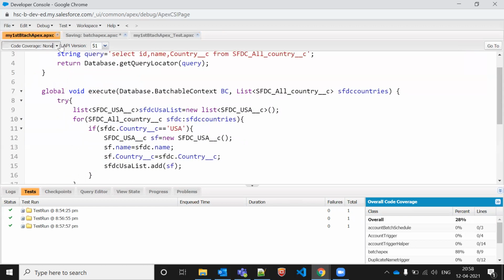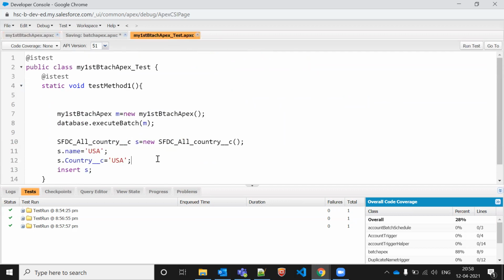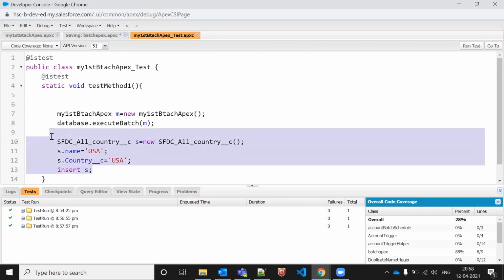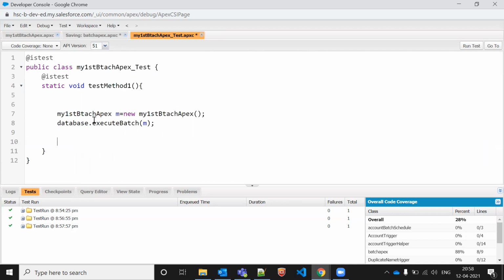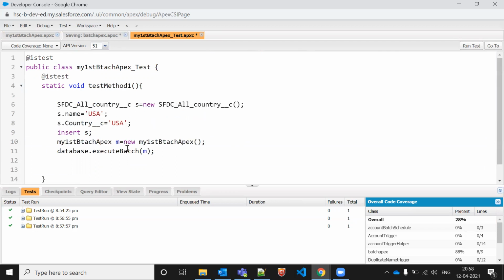First you need to write this. After that only we need to call database.executeBatch. Why? Before calling that we need the values. Exactly. Before that we should have the data where the condition will be satisfied for the methods.